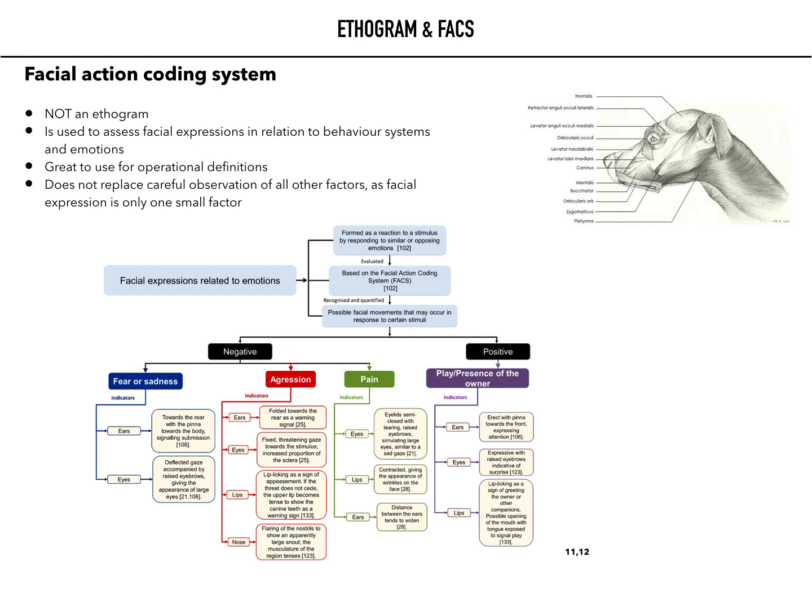The facial action coding system is a scientific observational tool for identifying and coding facial movements in dogs. Research using this system to assess facial expressions related to emotions can be valuable to analyze, define, and interpret facial behavior acts. However, they do not replace careful observation of the full body, as they only take facial movement into account. Plus, depending on the study, though the definitions of these facial expressions are very clear, other behaviors and behavior systems vary widely in their description.